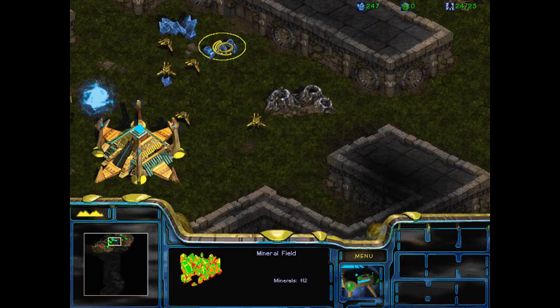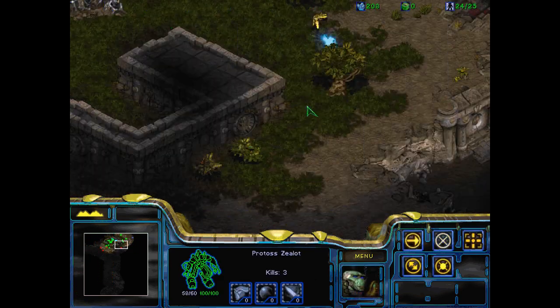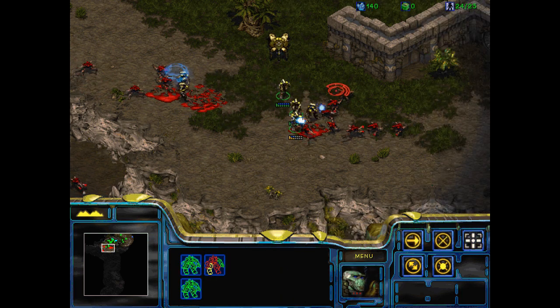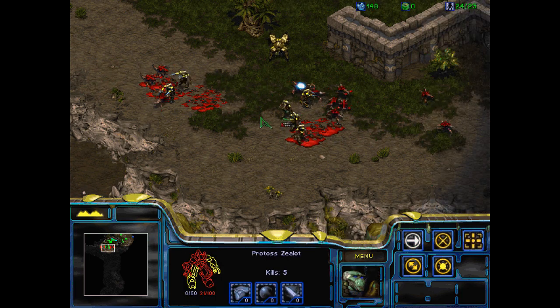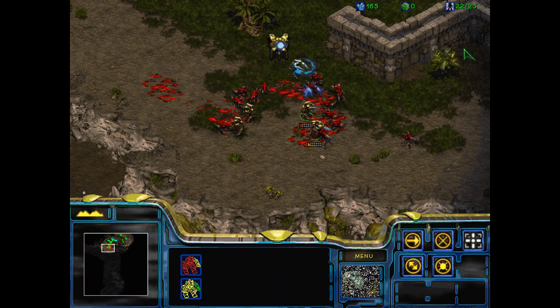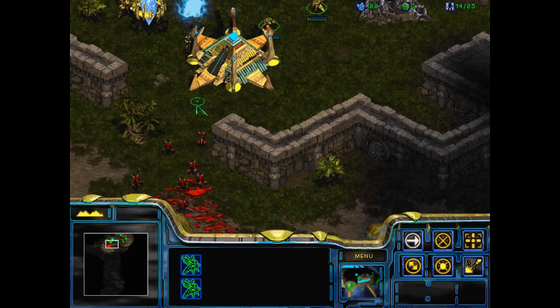Now, do we have enough money? Yeah, I think we have enough money to get all the rest of the structures we need, even if we warp in 2 cannons here. Split our zealots up here, try and keep as many alive as possible. Wow, that's a lot of Zerglings. I think we need to pull some of our probes off to...